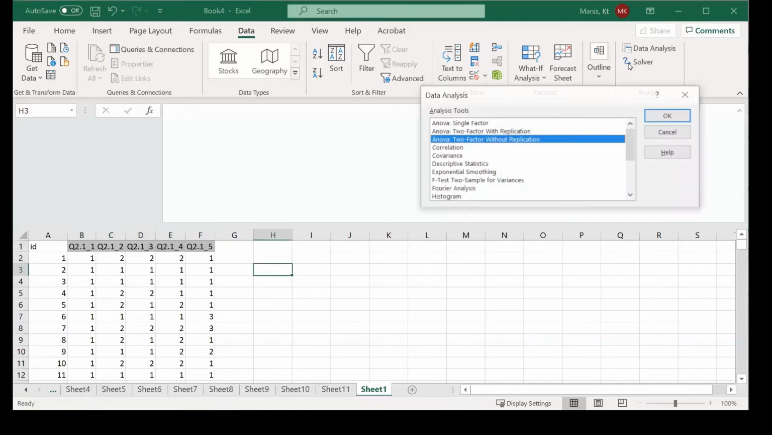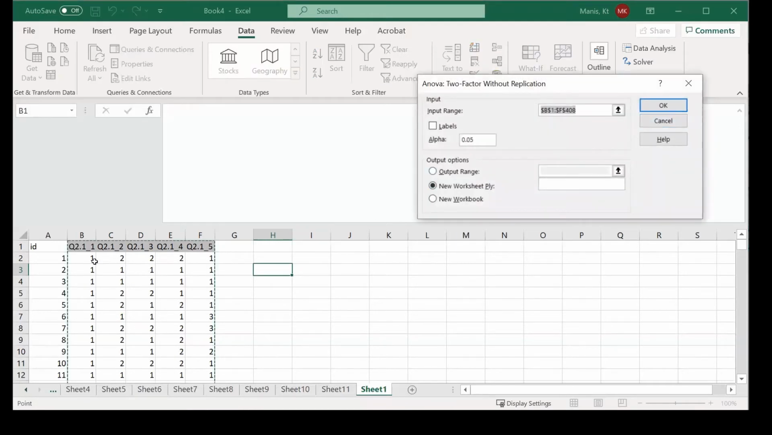To calculate Cronbach's alpha, we will use the data analysis tool pack and select ANOVA 2-factor without replication. You would click OK, and here you do not want to select the labels. The reason we are not selecting the labels is because with ANOVA, it uses both row labels and